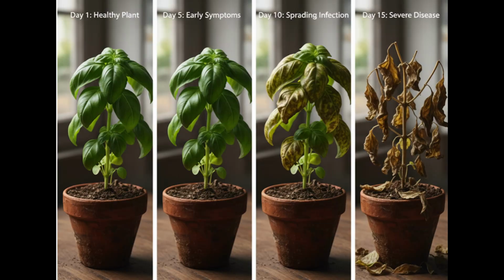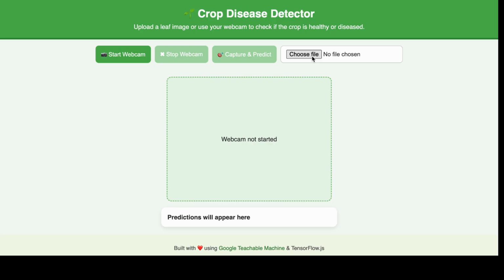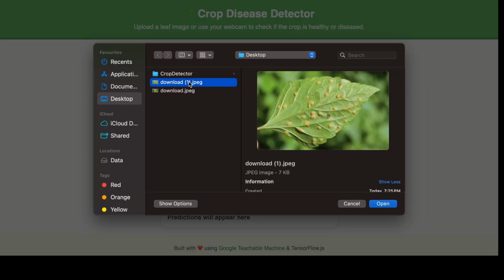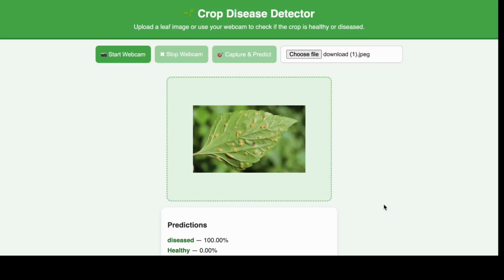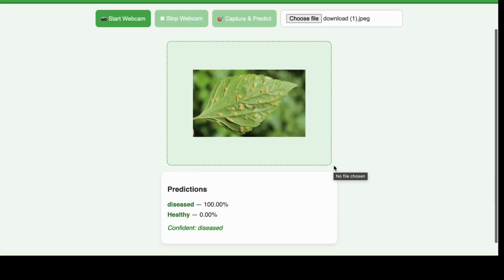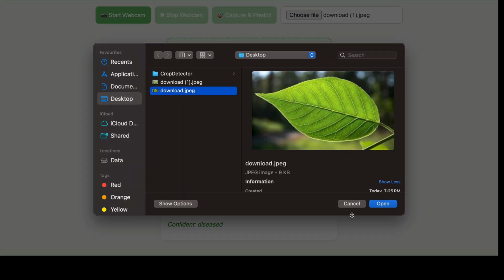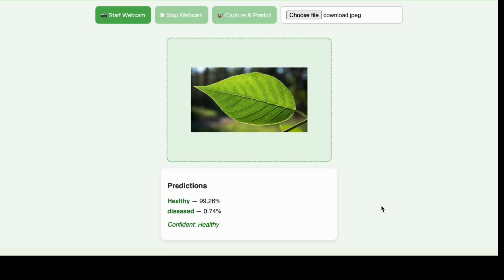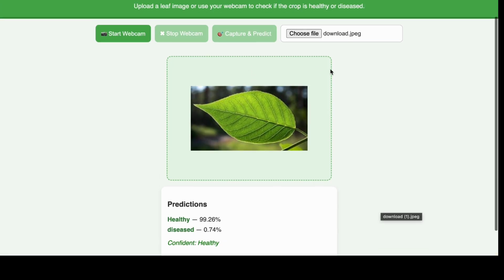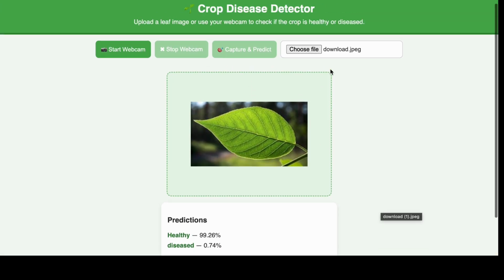Hey everyone, I'm going to show you my project called Crop Disease Detector, an AI-powered web app that can tell whether a crop leaf is healthy or diseased, just by uploading an image or using your webcam. Here's the web app. First, I'll upload a diseased leaf image, and it predicts diseased correctly. Now, I'll upload a picture of a healthy leaf, and as you can see, the model predicts healthy with high